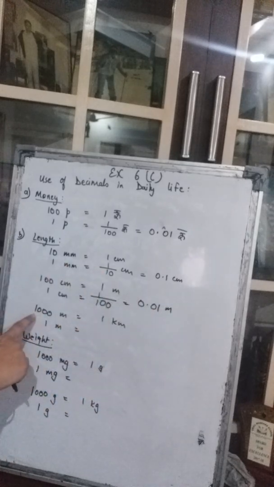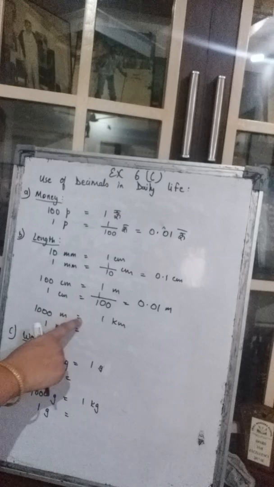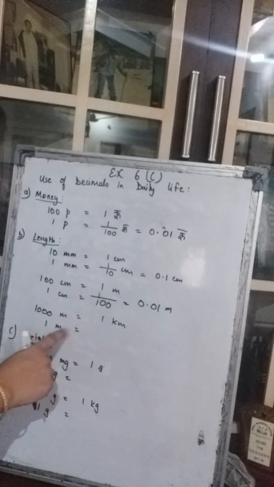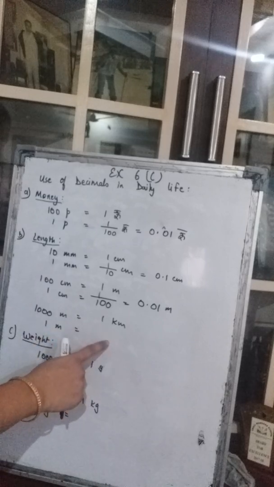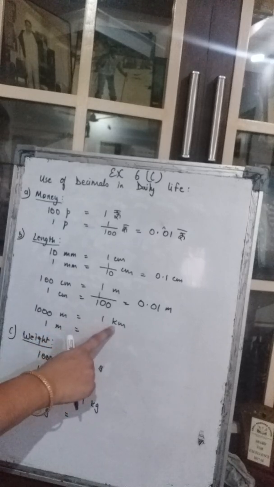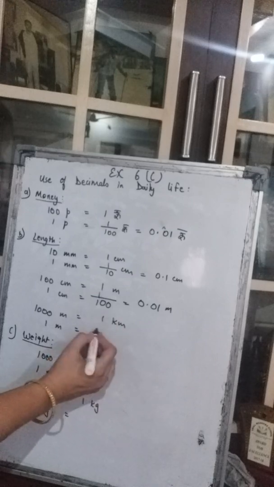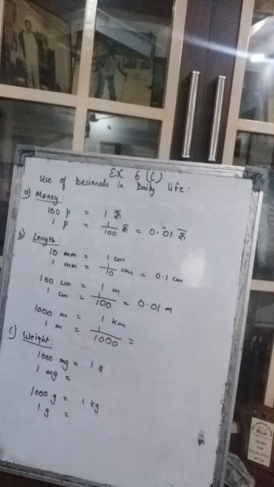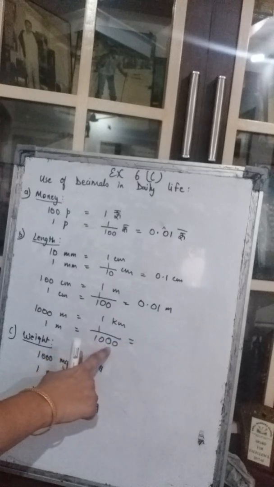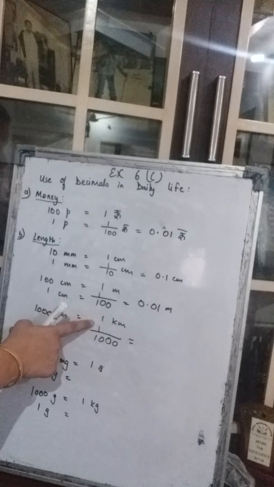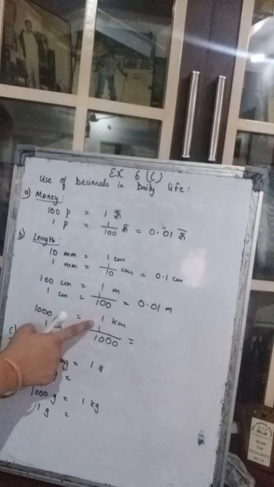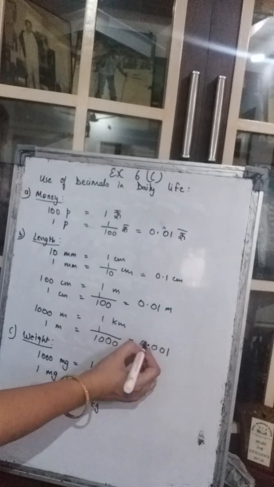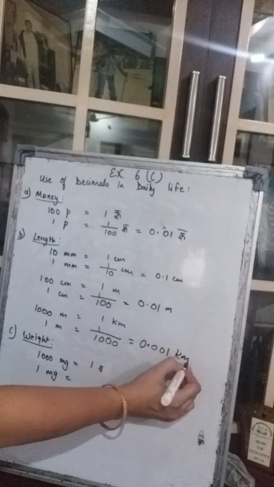Okay. Now third, 1000 meters make 1 kilometer. So 1 meter will make how many kilometers? That means this smaller unit is getting converted into the bigger. We have to divide, so 1 upon 1000. So how do we write it in decimal? In decimal, how many zeros are there? 3. How many digits are there? 1. So we have to add 2 more zeros, but before this one. So it will be 0.001 kilometer.